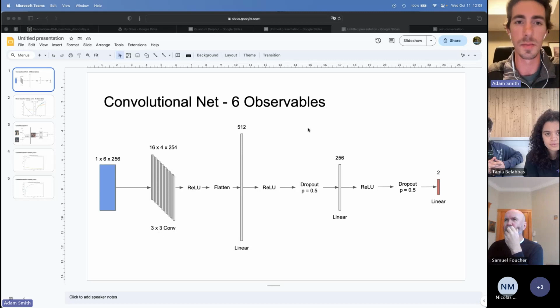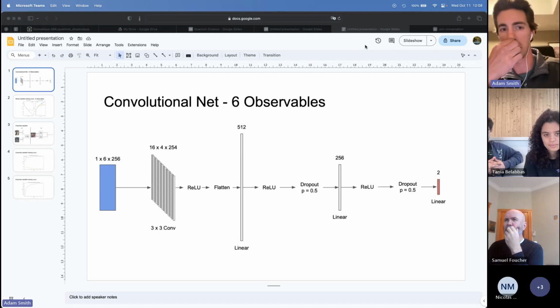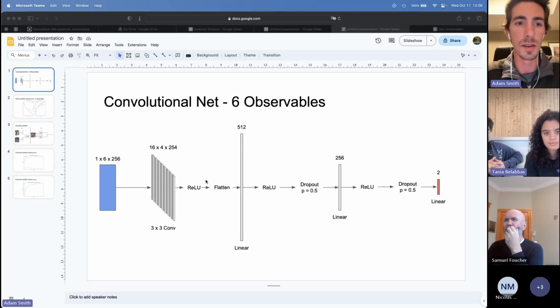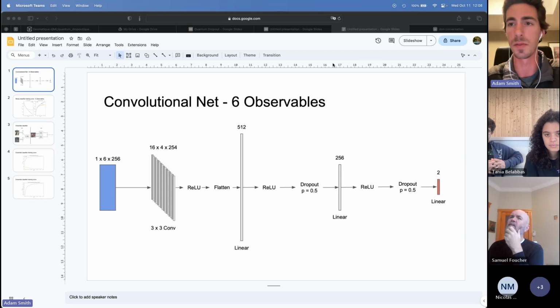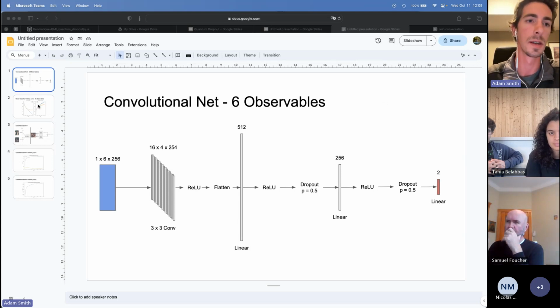I had this simple convolutional neural network that I was training with the data that had already been run through the quantum circuit to produce the distributions, and then stacking those together for 6 different observables. And then we decided to simplify the problem by just reducing to 2 classes. And so that's what I did. Did the same training procedure and everything.